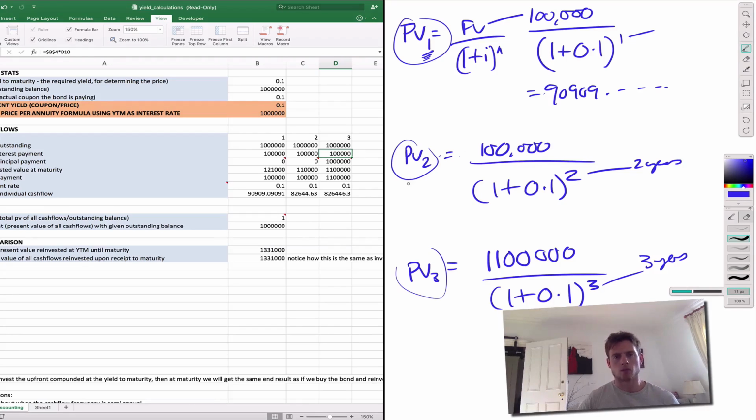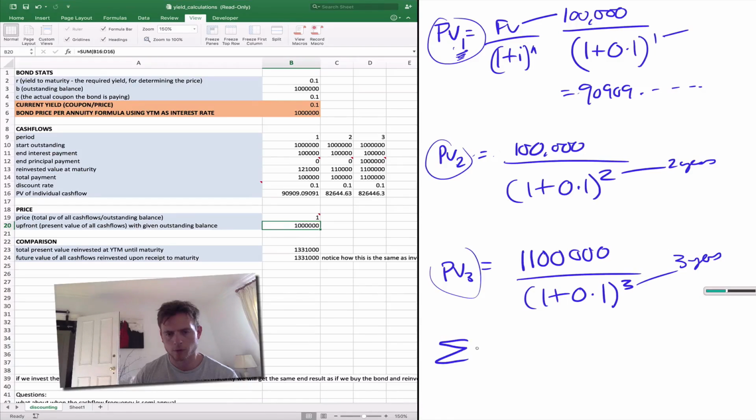Anything at that price or less, it's worth our while, right? So if we add those together, PV1, 2, 3, then we have our upfront present value, down here. I'll just highlight these cells. So you can see this is just a sum of B16 to D16. And you can see that the upfront, so the total PV